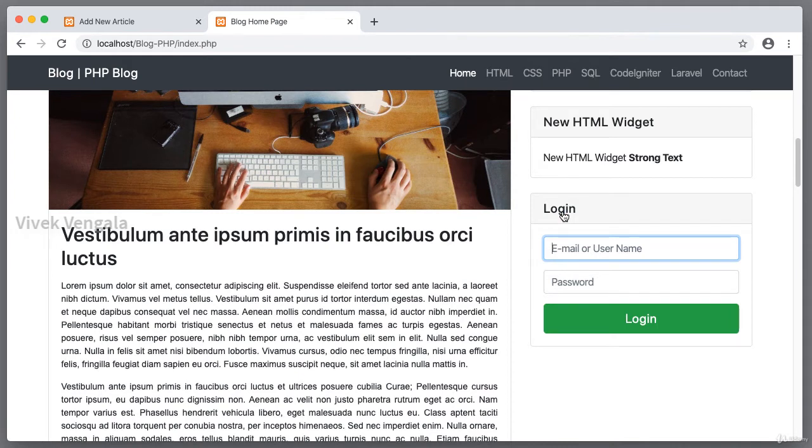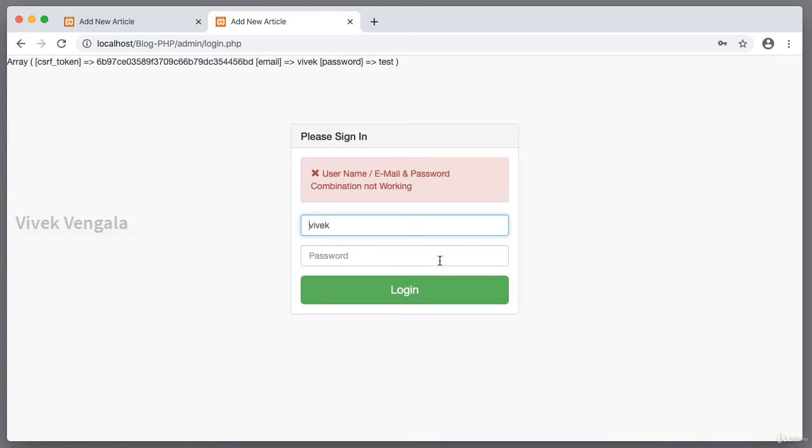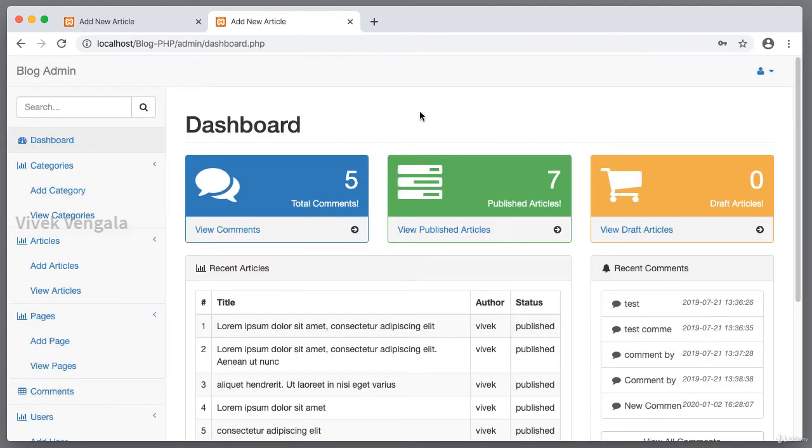Here I will log in as admin so that you can see the differences for editor and admin. Subscriber can only comment by logging in. Okay, I am logging in as admin. If I enter wrong login credentials, I will be redirected to admin login page. I am using only one login page for our entire blog. Based on that, I am enabling the user to log in. You can learn about that while going through the course. Here I am submitting my correct login credentials. Okay, here is the correct password.